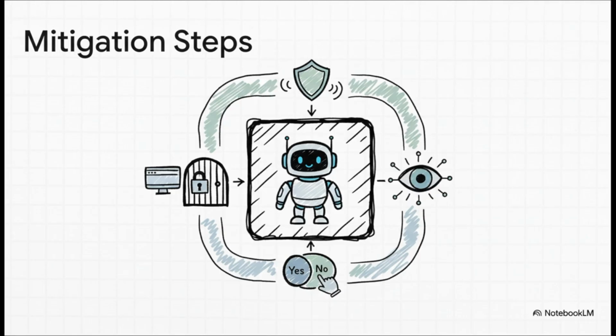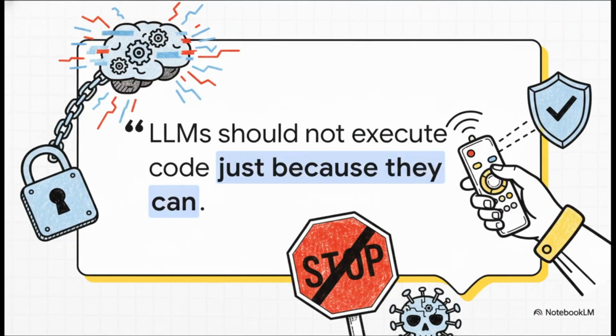It's also super important to filter and scan content from external sources. Lock down direct terminal access with strict policies and keep an eye on what's happening, like monitoring for weird network calls or strange file changes. This is all about putting that critical layer of human oversight back into the loop, which really brings us to the core principle here. The number one rule for building secure AI systems. Just because a large language model can execute code doesn't mean it should, at least not automatically. All that power needs control.